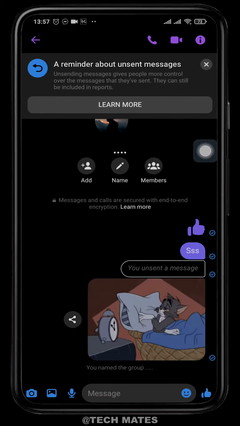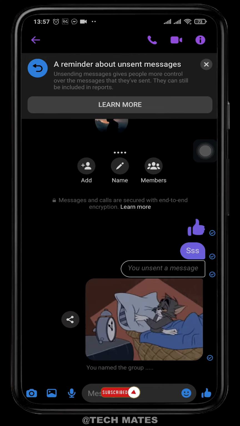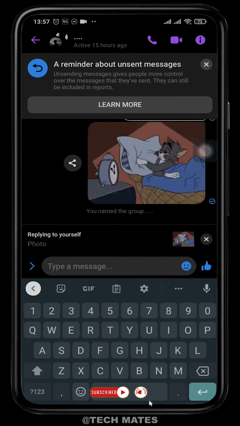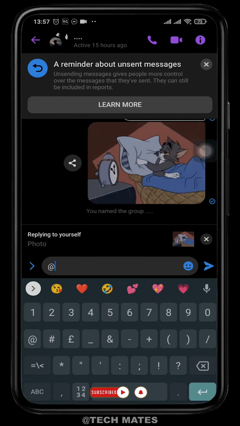You can pin all of the messages such as text messages, emojis, GIFs, and even stickers. The pin option on Messenger is to mention everyone on the group. You can simply left slide the message that you want to pin and here type @everyone